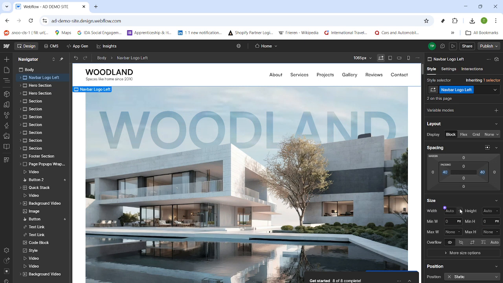And that's the process. Open your site, enter the designer, select the element, go to Size, identify the highlighted width, and use